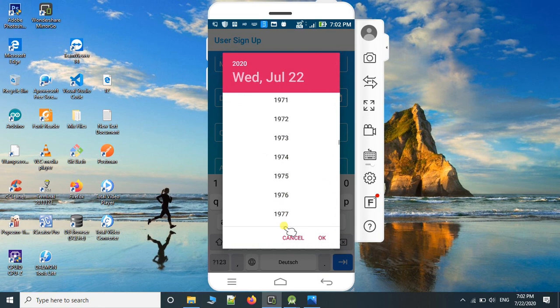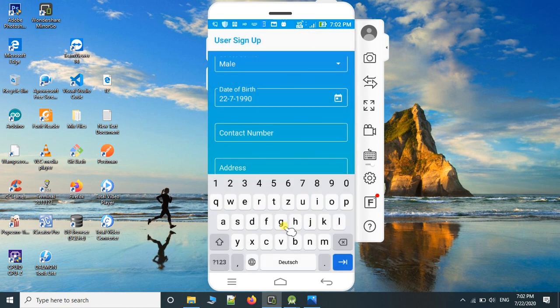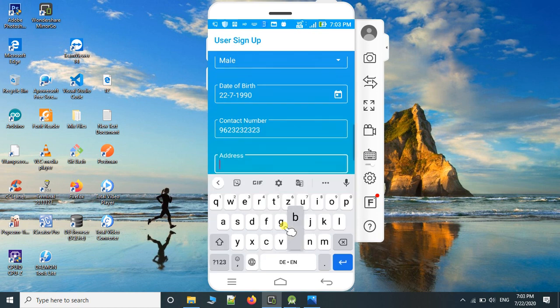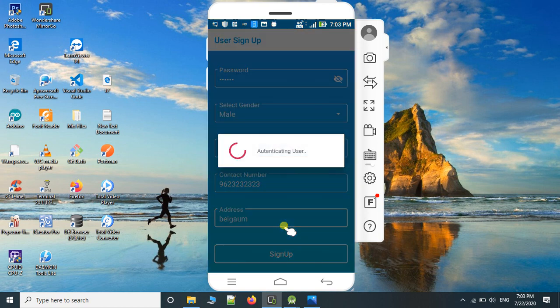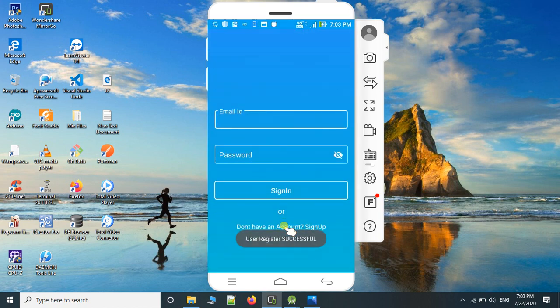Date of birth year, so select 1990, 22/7/1990. Contact number, and address. So here the user registered successfully as a car owner.